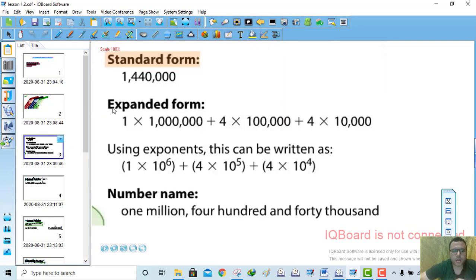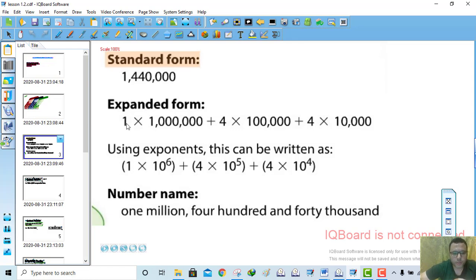As you see here, we have a number written in a standard form. This form is called standard form. When the number is written like this, we name it standard form. Here we have the ones, then the thousands, then millions. So this is 1,440,000. To write it in expanded form, this means to split it, to cut it, like 1 in the millions